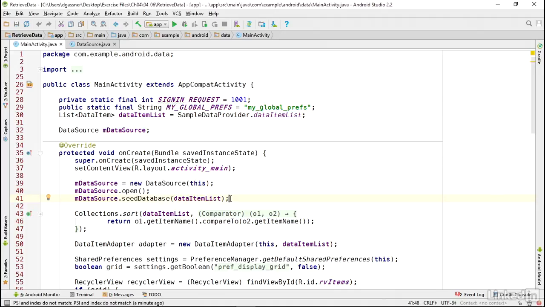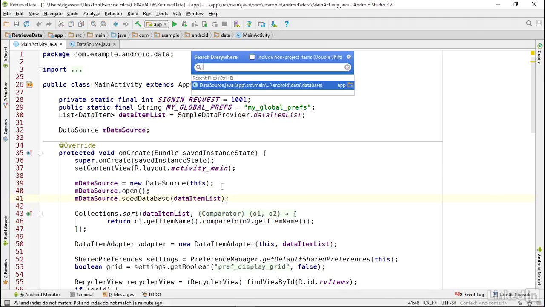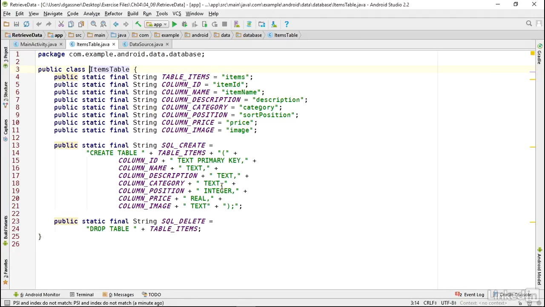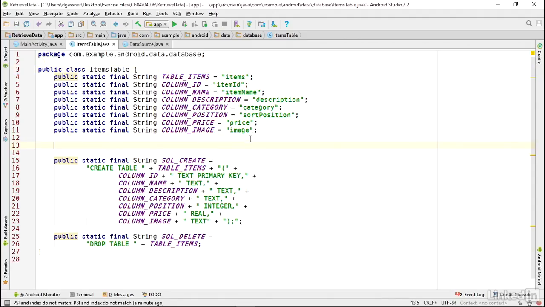In order to retrieve data, you could use a raw SQL statement, but as I described previously, that would involve a lot of code, and many times you can use the convenience methods of the database class to do the work for you, and that's what I'm going to do here. I'll start in my table class, which I named ItemsTable, and I'm going to add a new constant here. It'll be an array of strings, and each item in the array will be one of the names of the